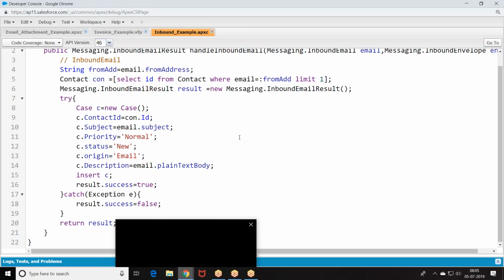We need to associate it with this. How do you associate? I need to create an email service. Now, what is that email service? Go to